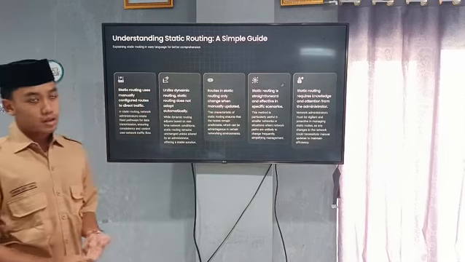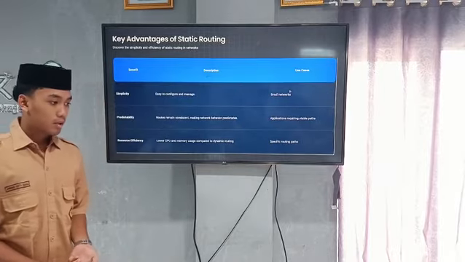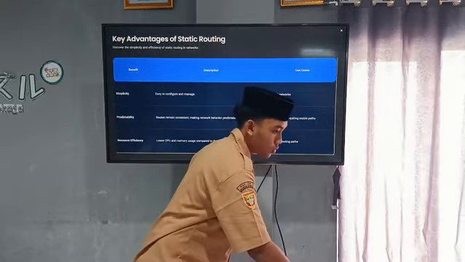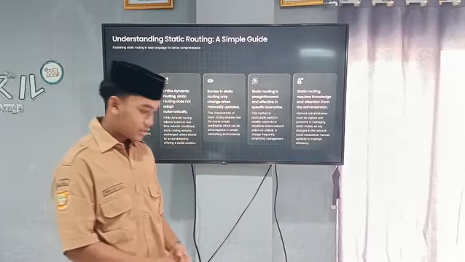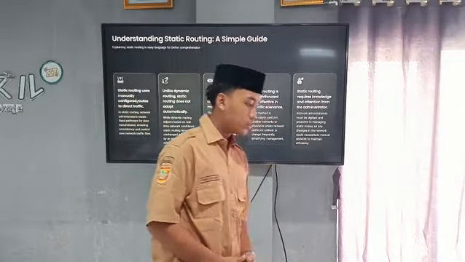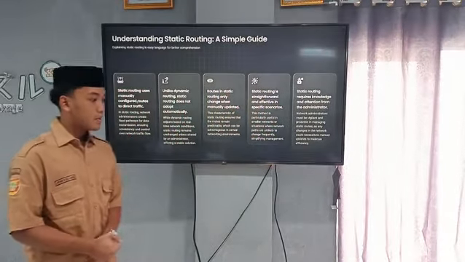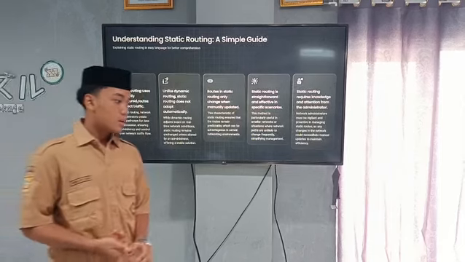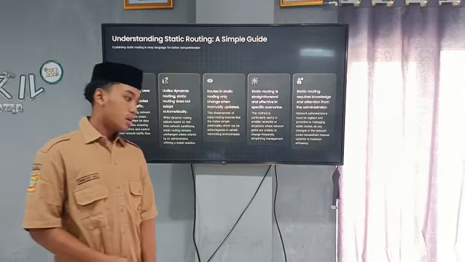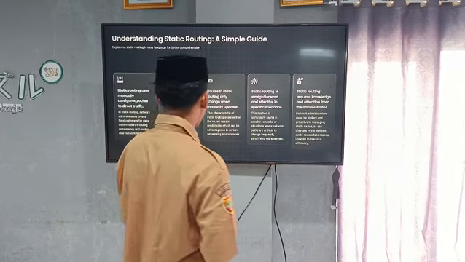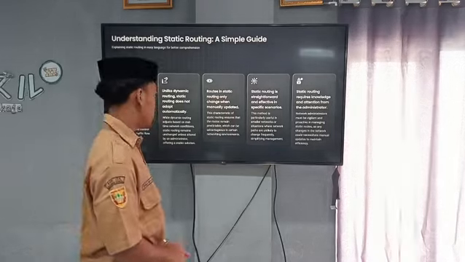A dynamic route automatically updates the network if there is a new network. But with a static route, if there is a new network, you need to do the manual update. So we need to do a configuration.